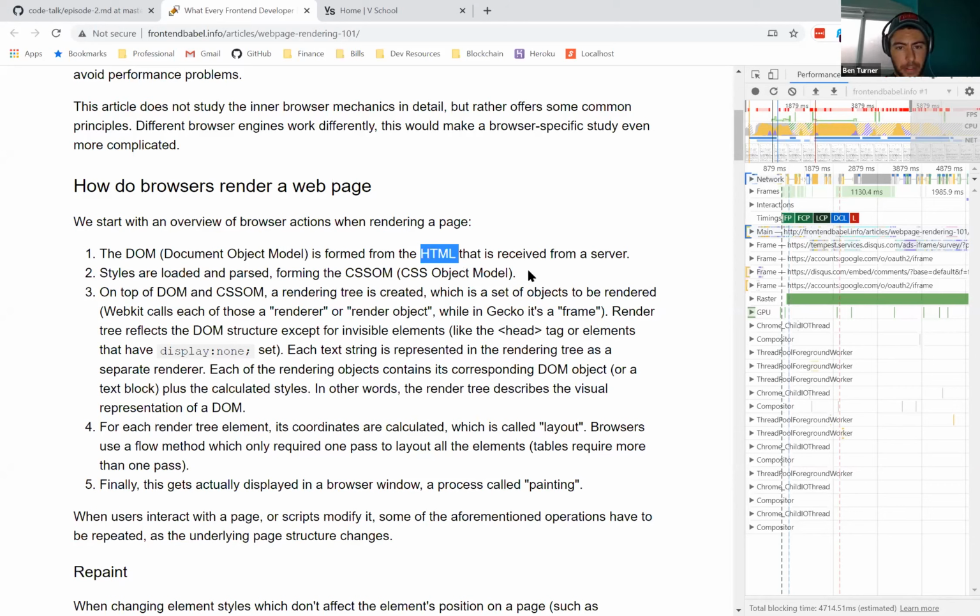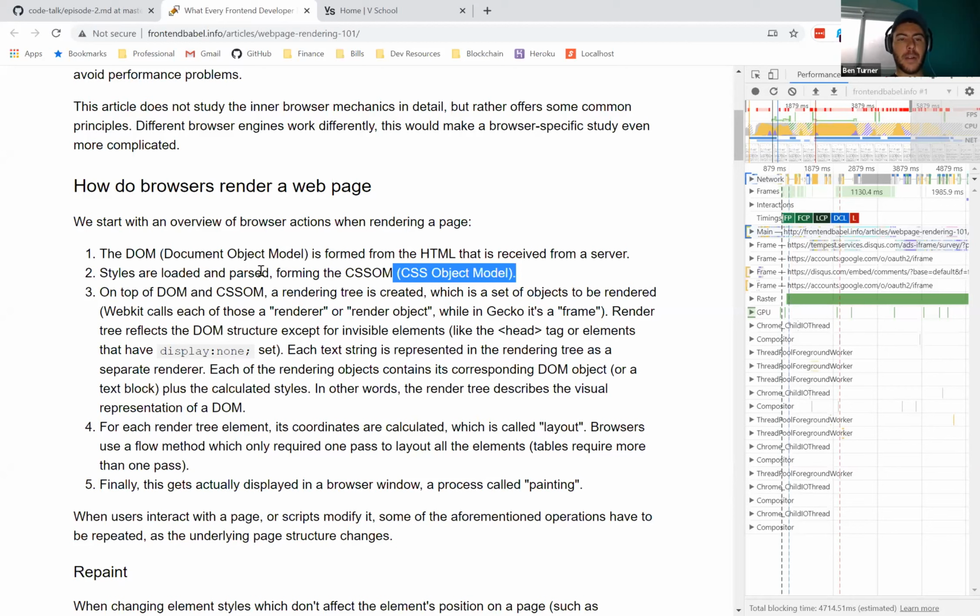So the same thing happens for the CSS. There's what's called the CSS object model. Those are loaded and also parsed, and also created into some sort of tree. And then a larger tree called the render tree, or the render object, whatever, different browsers call them different things.